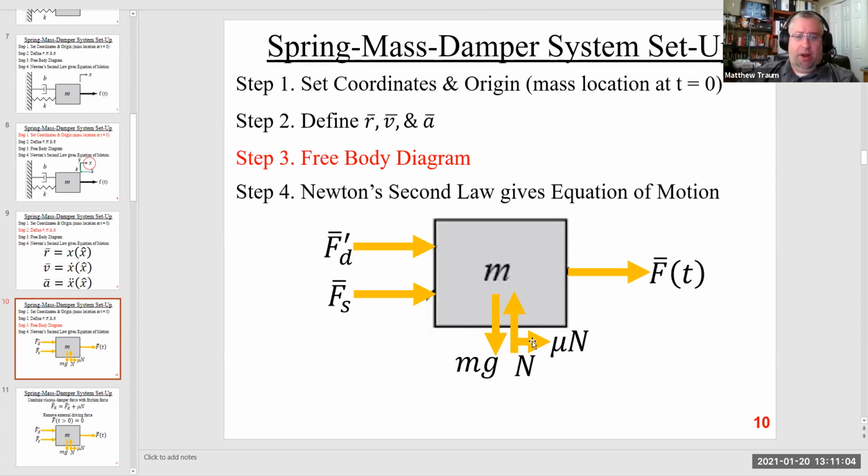And the thing that I want to point out here is even though the selection of the directions of the arrows is somewhat arbitrary, it turns out that the damping force from the dashpot and the friction force always act in the same direction, right? So this arrow and this arrow are always going to be acting in the same direction, regardless of whether the mass is moving to the left or to the right. These guys are going to be pointed in a direction that opposes the direction of the motion of the mass, right? So they're always pointing in the same direction.